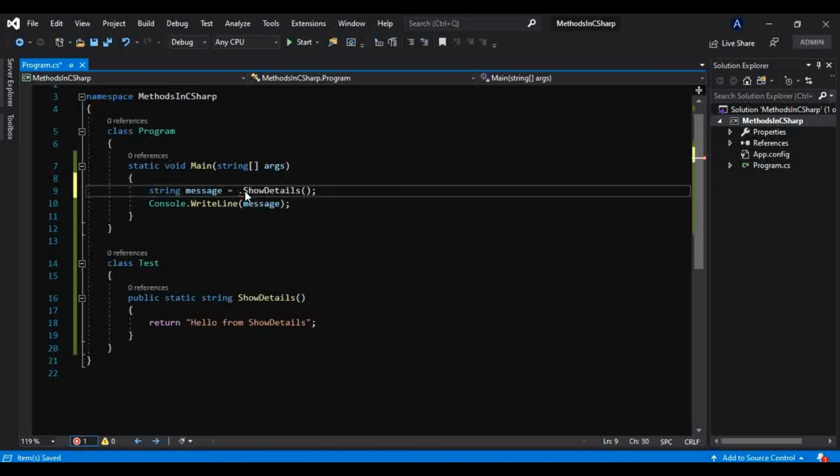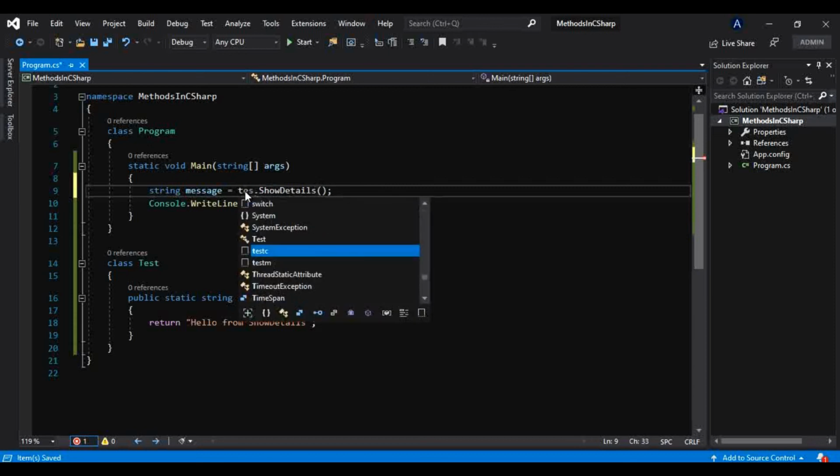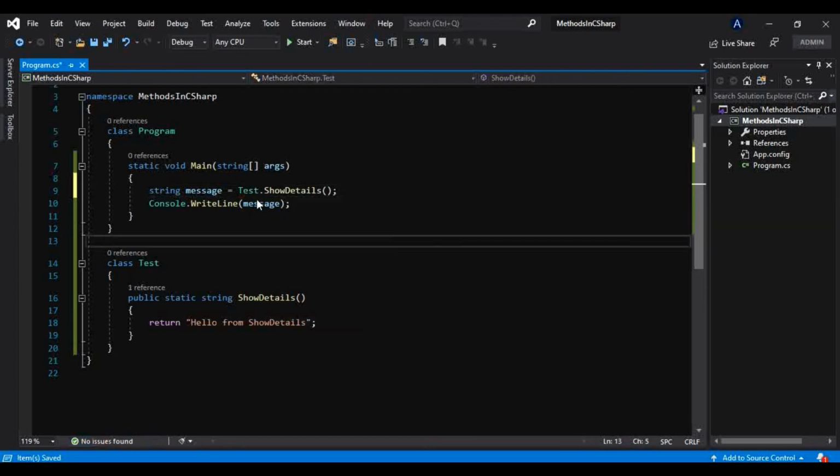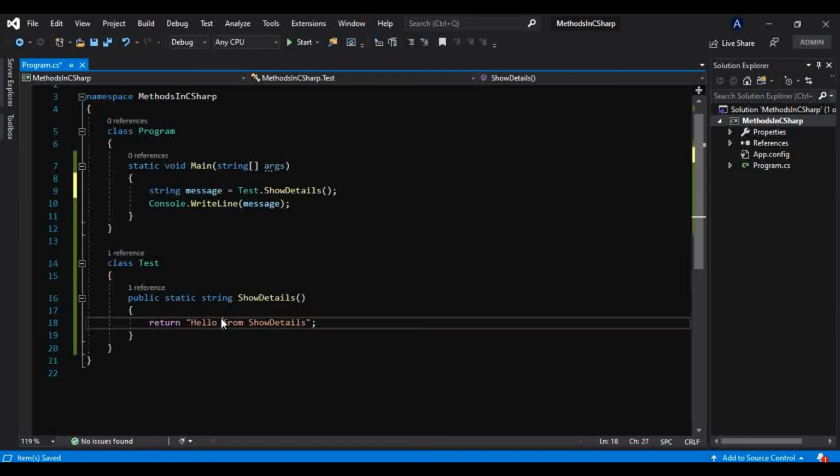So that's why, instead of the object, I will use the class name directly. On that class name, you can call this method, because this method is public, and because this method is static. And don't worry, we will learn what is static, because today we will be discussing what are the static and instance members in C#. Okay, so don't worry about that.